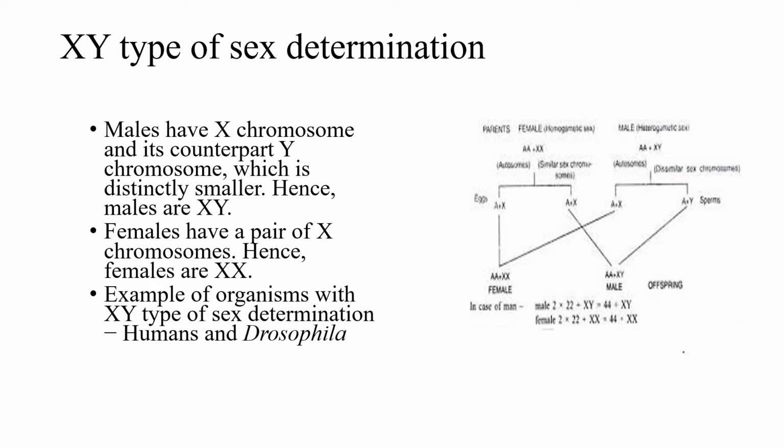XY type, that is human also, you know, XY type only. See here, this is XX, so this is female, XY is male. So female can produce all gametes with only the X chromosome, but male can produce gametes with X or Y. That is shown here. In male it is given 22 plus XY, that is 22 autosomes, XY is sex chromosome. Like that way female 22 plus XX. This is observed in human and Drosophila.